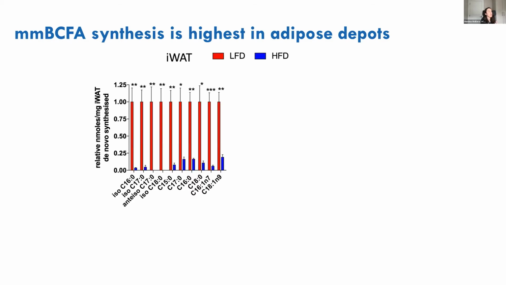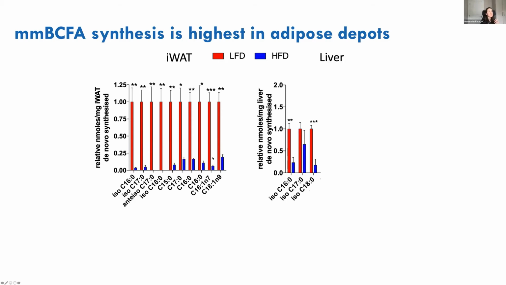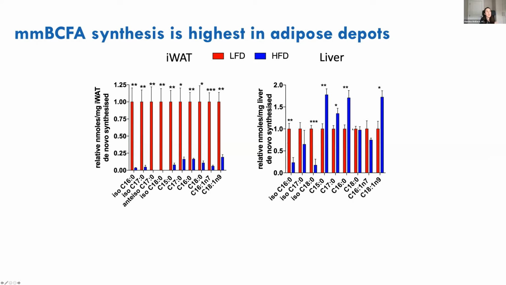So then, how do these fatty acid synthesis changes in general with a high-fat diet? When we looked in the adipose tissue, we found that if you give mice a high-fat diet, de novo synthesis of fat in adipose tissues for all fatty acids decreases. Whereas if you look in the liver, the amount of de novo made branched-chain fatty acids is decreased, but the main product of fatty acid synthesis in the liver, palmitate, is actually increased.